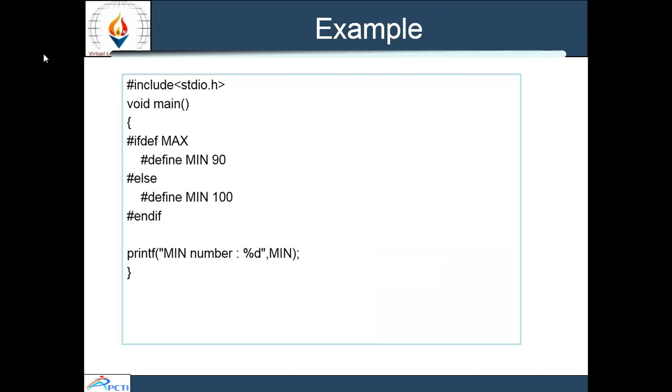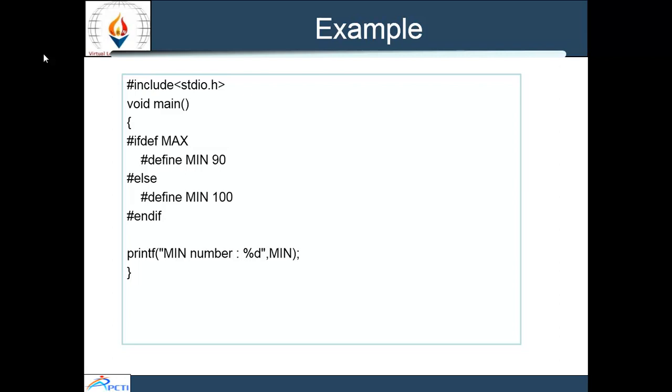Here I have include stdio.h, void main, hash ifdef max. Here it checks whether we have defined max anywhere. If we defined max earlier, then it will define the value min to 90.